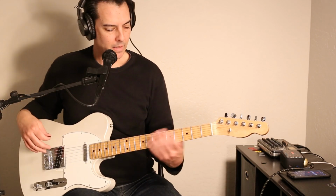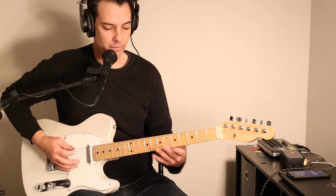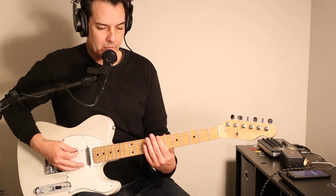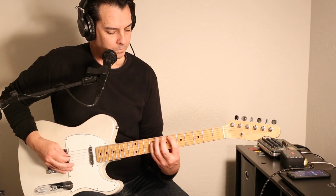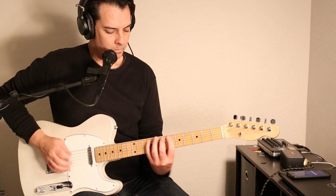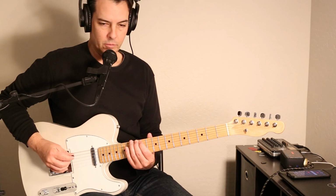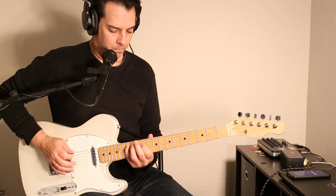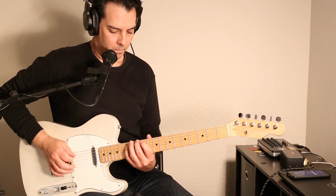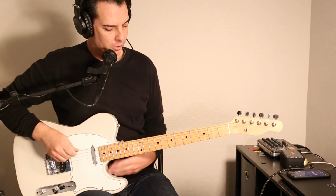But the idea is, with these movable scales, if I can play it there, then I can play it anywhere, right? Meaning, if this is G, then I could start it, say here at B at the 7th fret. Or say I'm here at E at the 12th fret. Sounds like some Christmas bullshit. Anyway,